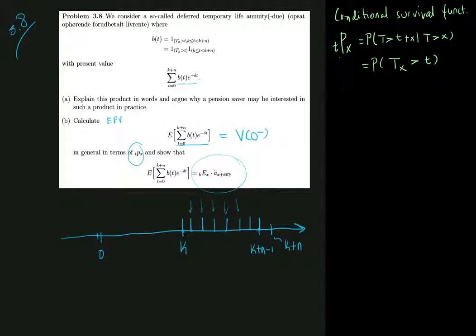So that was tPx. What we want to show is that the expected value of this present value is equal to this thing. Now, first of all, what is this thing even? That is the second thing that we need to make clear. So what is kEx? kEx is the expected present value of a pure endowment insurance